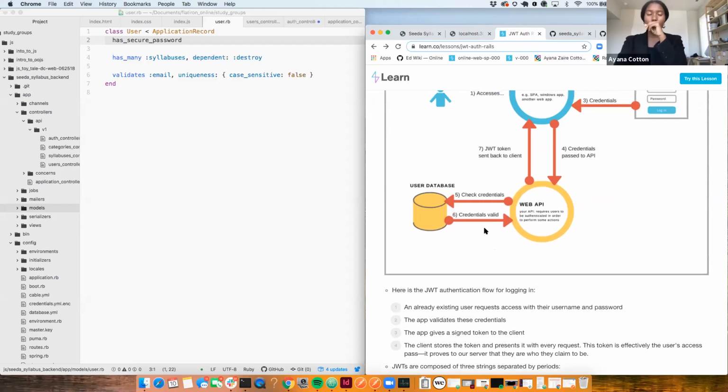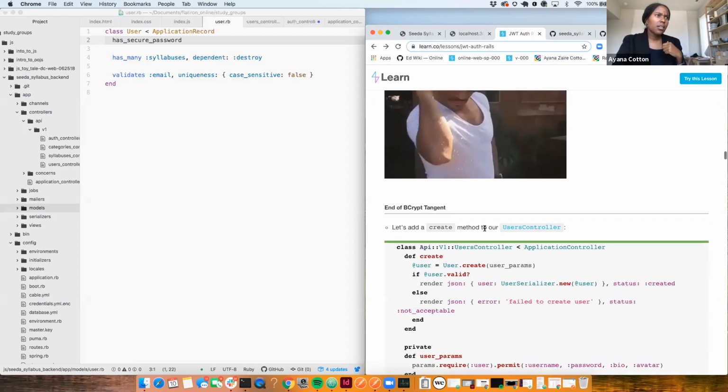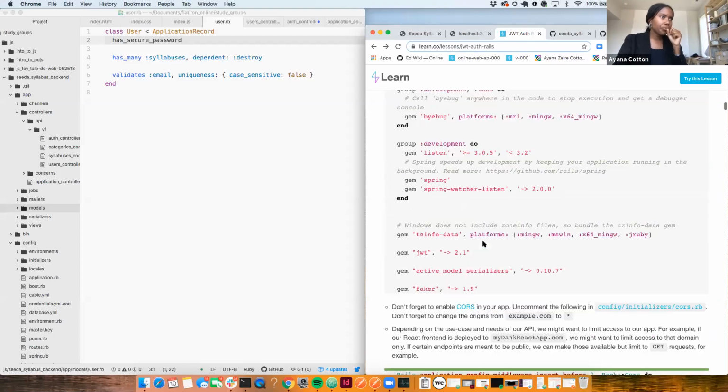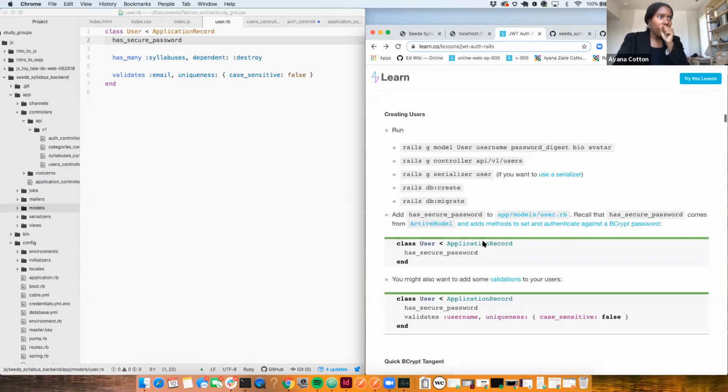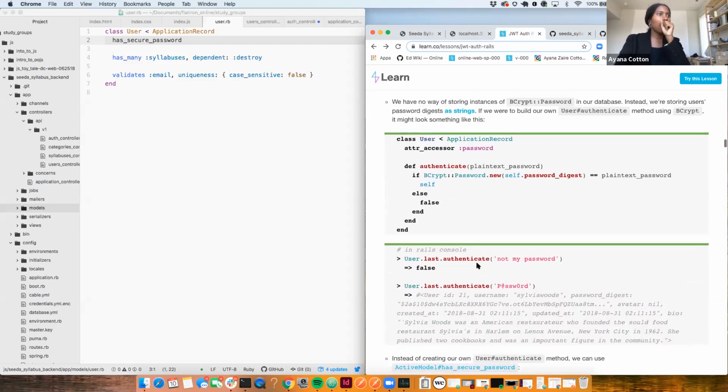But if we don't have bcrypt, we don't have access to has_secure_password. So semantics, but we're allowed to use has_secure_password because of our bcrypt gem. And somewhere in here, they talk about this .authenticate method. So if we were to build our own authenticate method, it may look something like this,